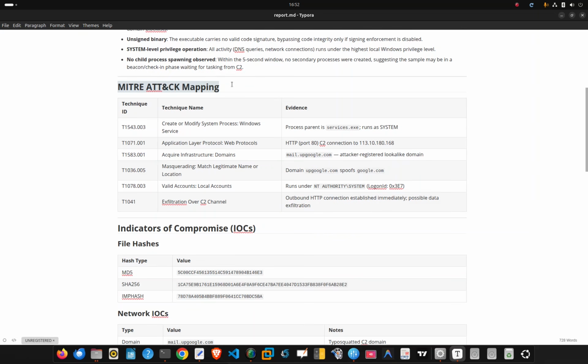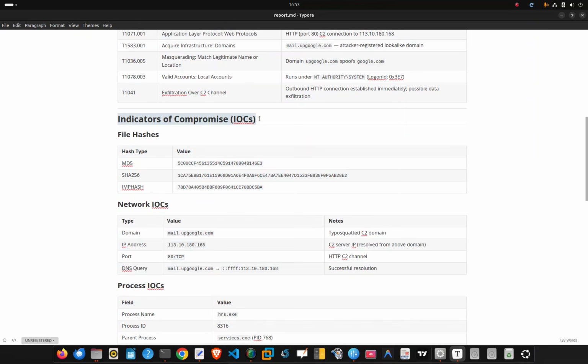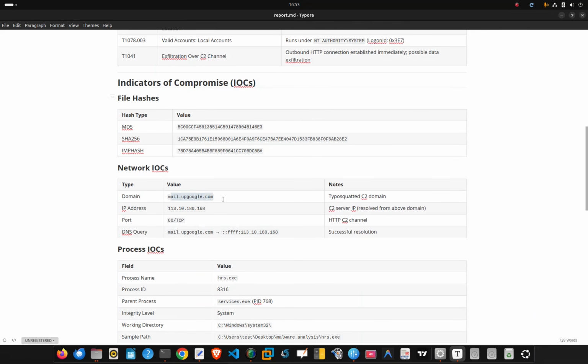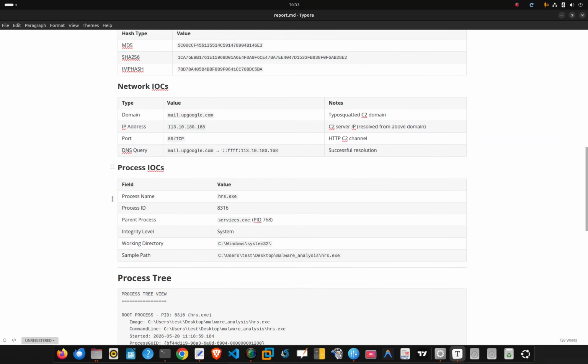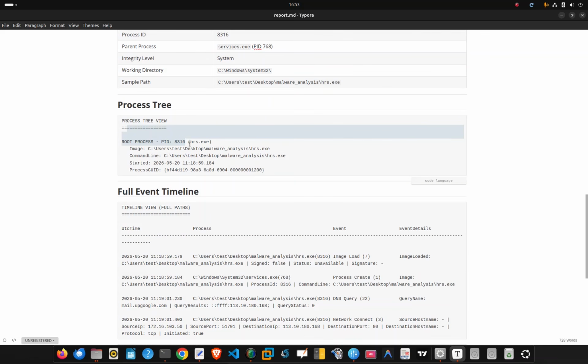And also notice it automatically mapped all the events to the MITRE ATT&CK techniques. Okay, so in the tool, I have not given any signature to map it to the MITRE techniques, but it automatically mapped the events to the MITRE techniques. Okay, then it also determined the indicators of compromise. You see, this is the indicator, the domain indicator. This is the IP address. So these are the indicators, and this is the process tree,